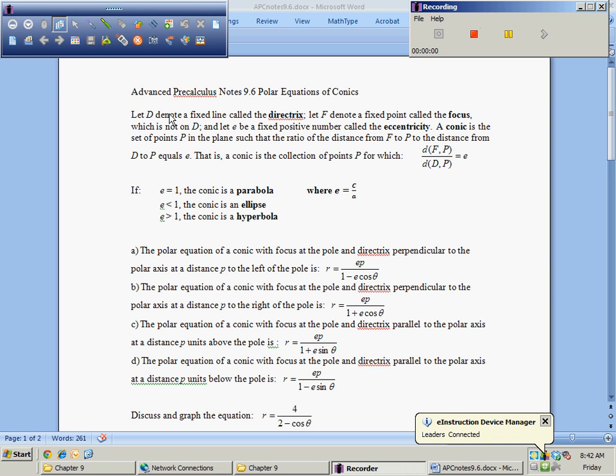So what this is called, I'll move out of the way. It's polar graphs of conic equations, okay? And this is a very wordy kind of explanation, and I have to kind of think about what it means